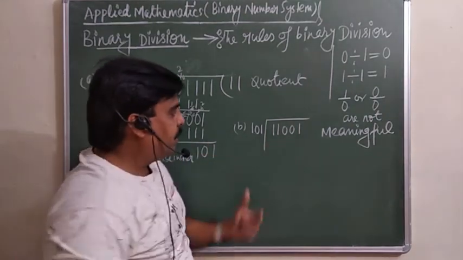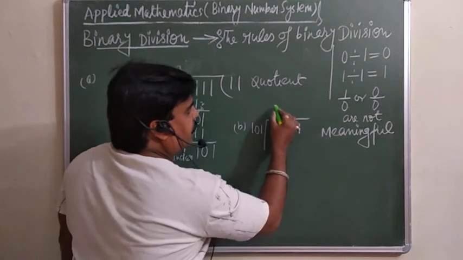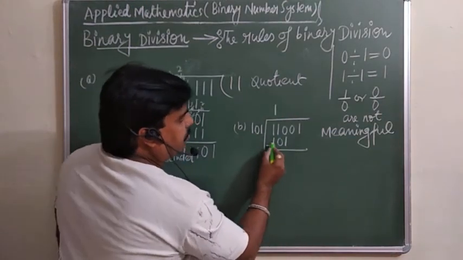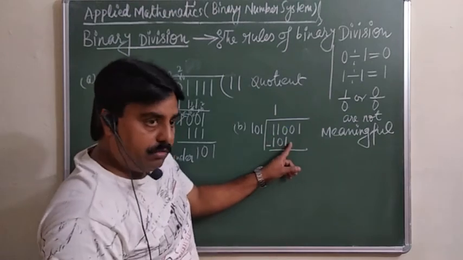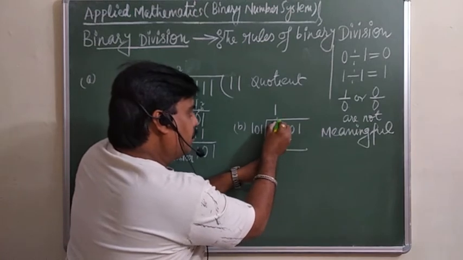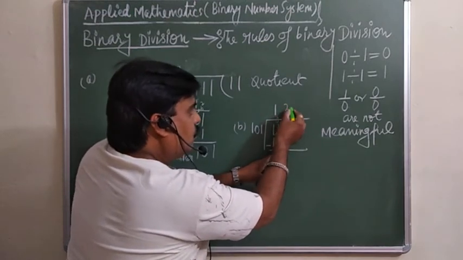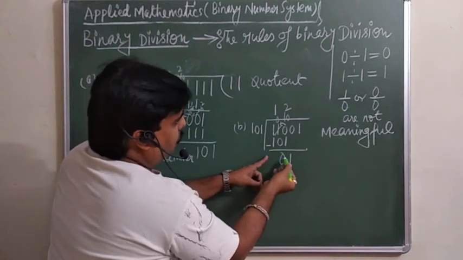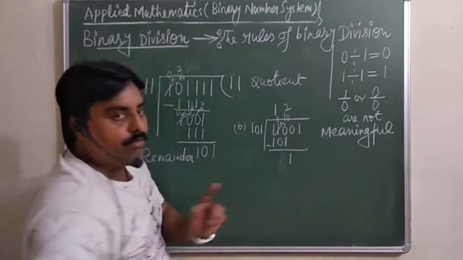अब देखिए यहाँ पर you will take 101 here. You have to divide by 1. So this is 101. So we will subtract here. 0 minus 1. So you cannot subtract here. Same method, we will borrow from here. यहाँ से borrow करेंगे, it becomes 0. It's a 10. 10 means 2. 2 minus 1 is 1. Here 0 minus 0 is 0. 1 minus 0 is 1. So you are getting 1 here.